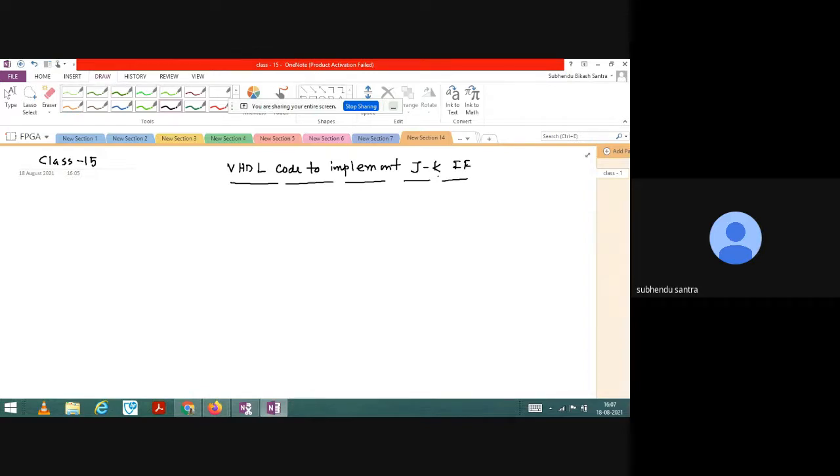I told you to implement the T flip-flop. So have you done that one? I did one task to implement the T flip-flop, but it's not working out. In that, sir, I took one variable, a temporary one. From that, if rising edge of the clock, then if t is equal to one, then temp is equal to not temp, which I did. But it is not working.